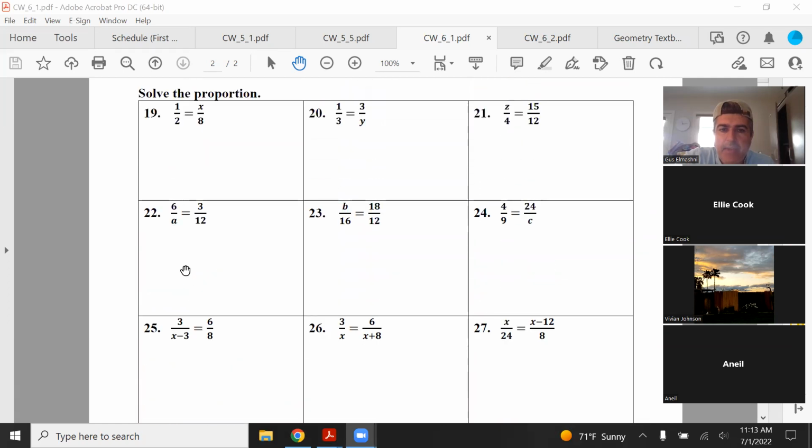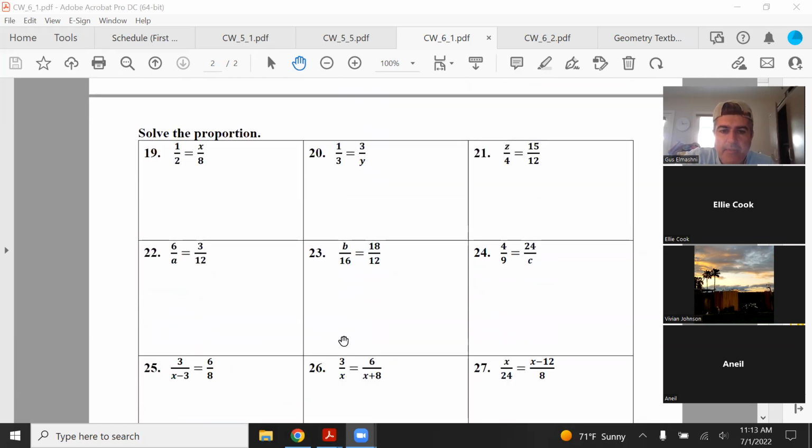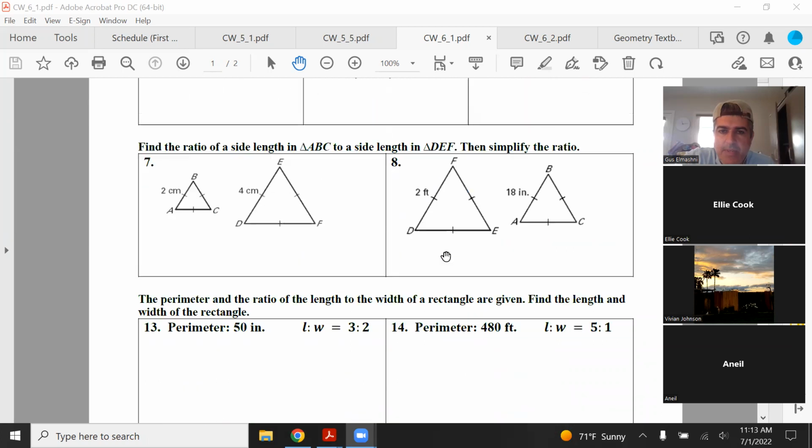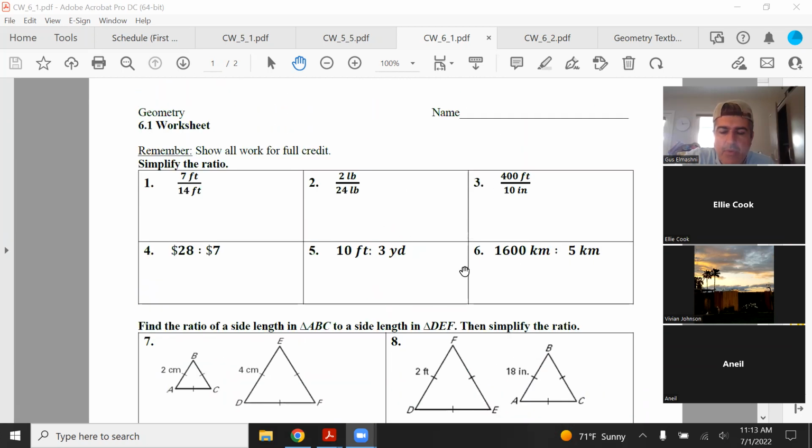Okay, so anyway, I'm going to have you guys do the evens now. So we see here there are even problems for 20, 22, 24, 26, and then the even problems 16, 18, 14, 8, 2, 4, 6. So it's quite a bit. So let's check in again around